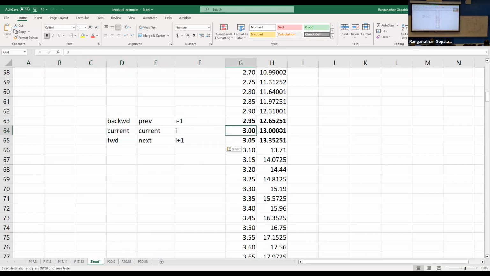Okay, and I have more fine resolution data where I have 2.95 and 3.05 instead of 2.5 and 3.5, and I have these y values. So now I want you to write slope at x equals 3.00 with the formula,